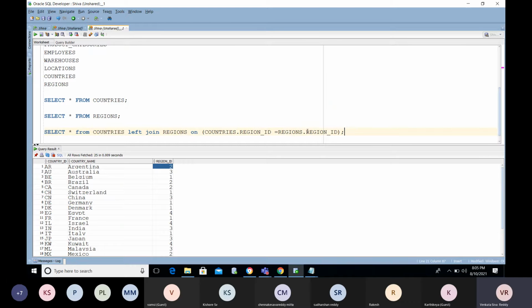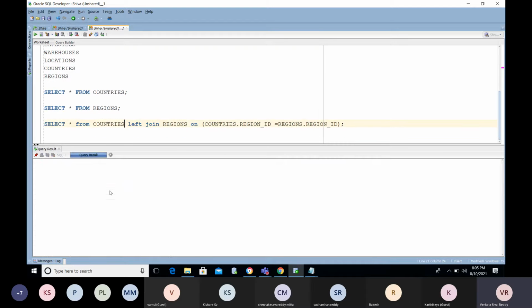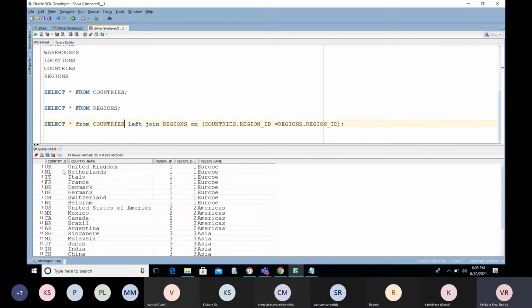What did I request from you? I need the data: what are the countries related to the Middle East? Where did you put the condition related to the Middle East? Now you are just appending the region name for each and every country. See, for each and every country you are getting the details with the region name.